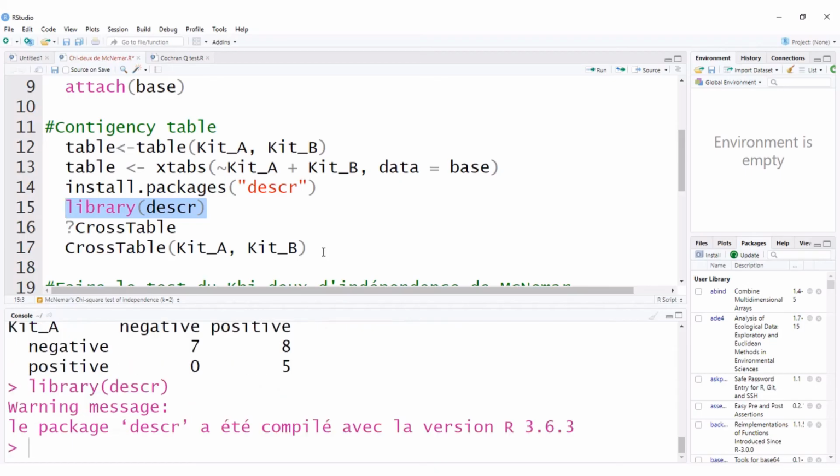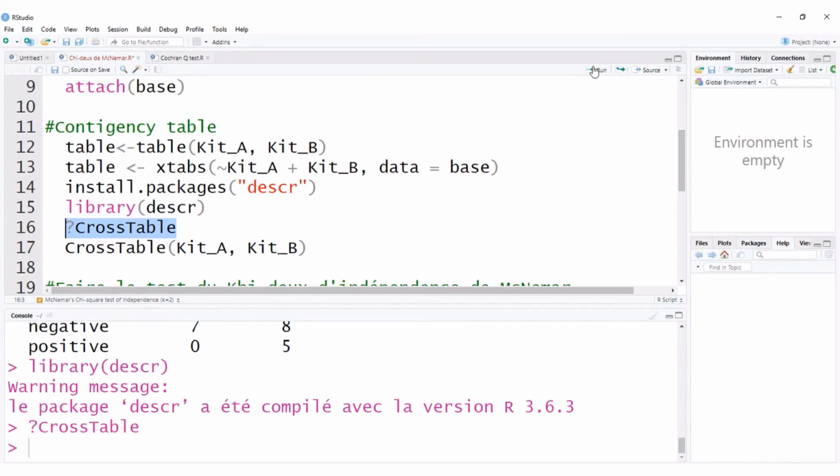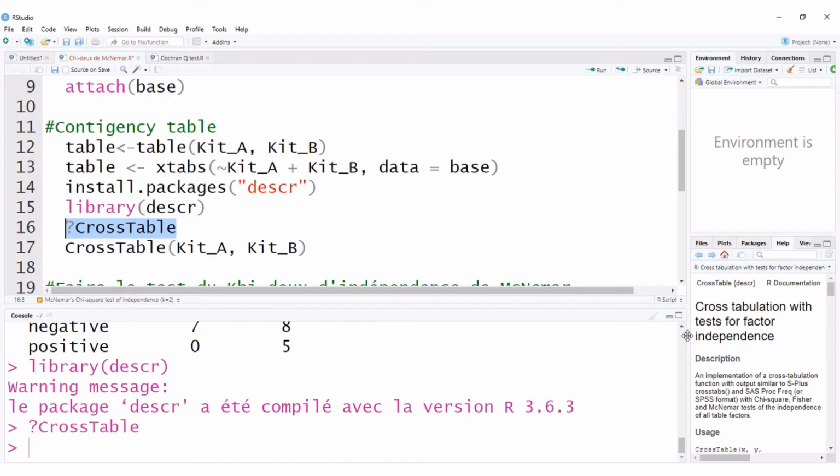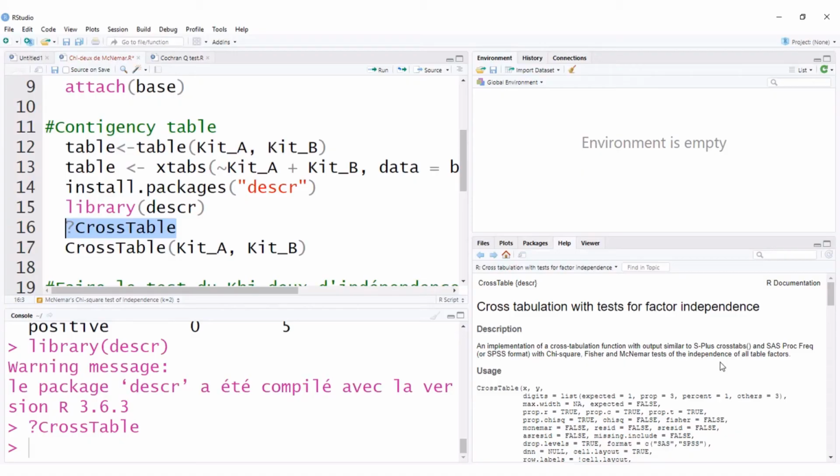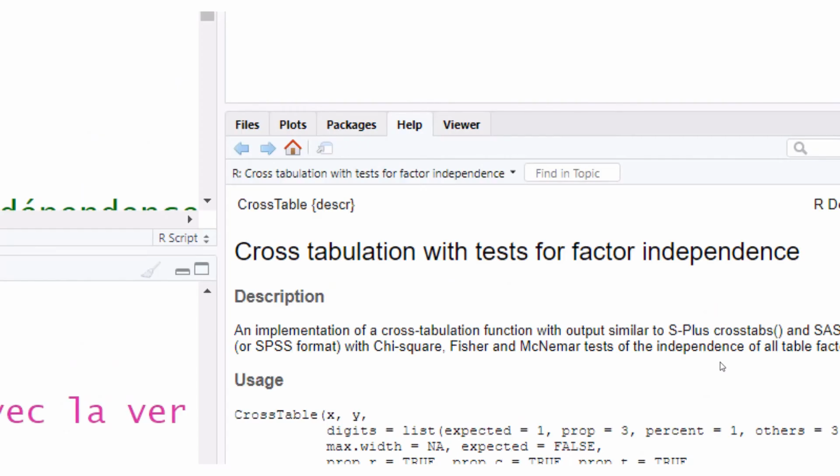So I've loaded it, and now, if you would like to know more about crosstable, you execute a question mark then CrossTable. You write it as it is for help if you would like to know more about it. Yeah, so as you can see, the CrossTable command is right here,